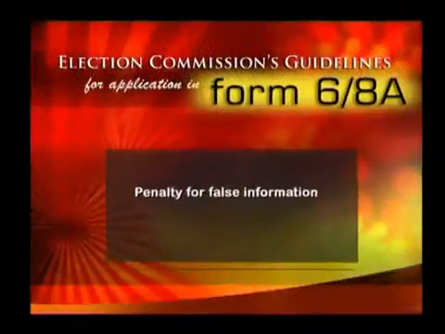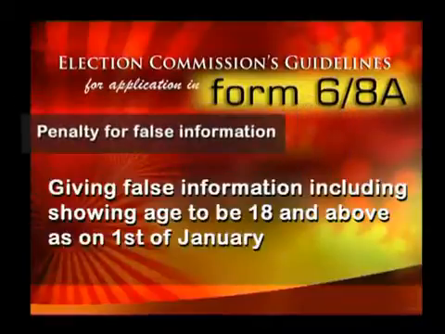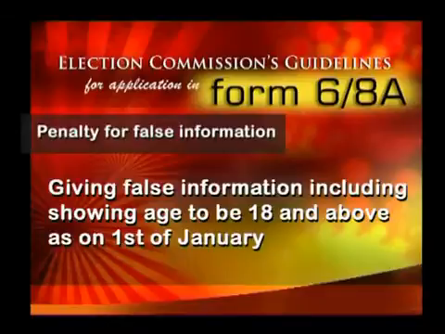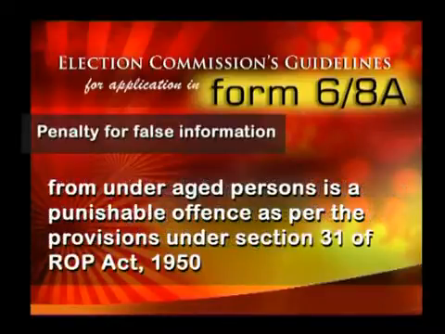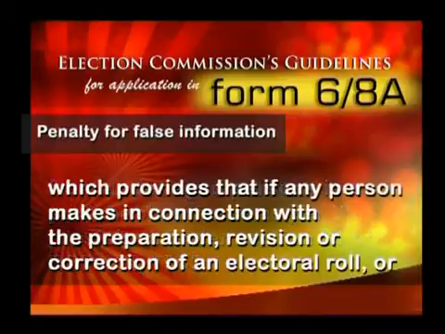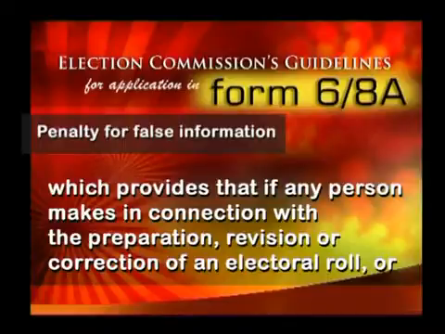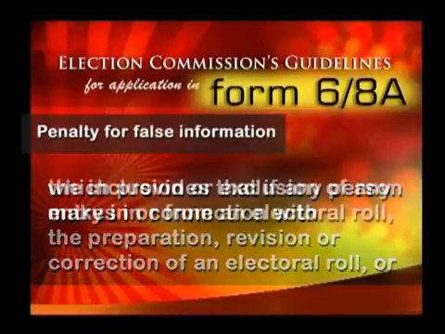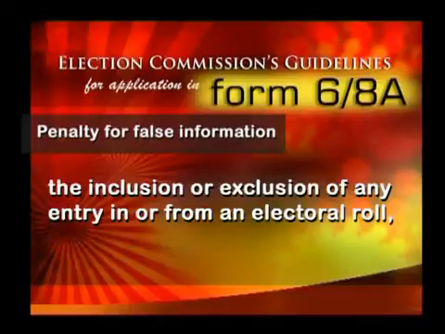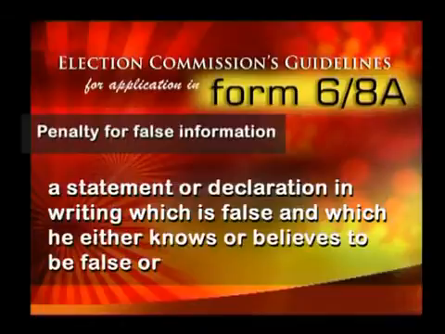Penalty for false information. Giving false information, including showing age to be 18 and above as on 1st of January for underaged persons, is a punishable offence as per the provisions under Section 31 of ROP Act 1950, which provides that if any person makes, in connection with the preparation, revision or correction of an electoral roll or the inclusion or exclusion of any entry in or from an electoral roll, a statement or declaration in writing which is false and which he either